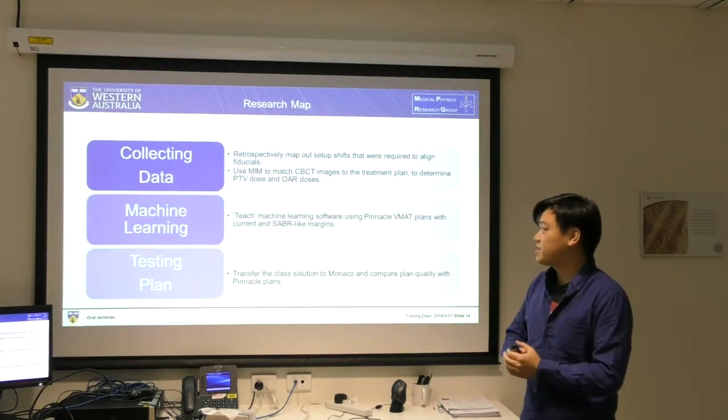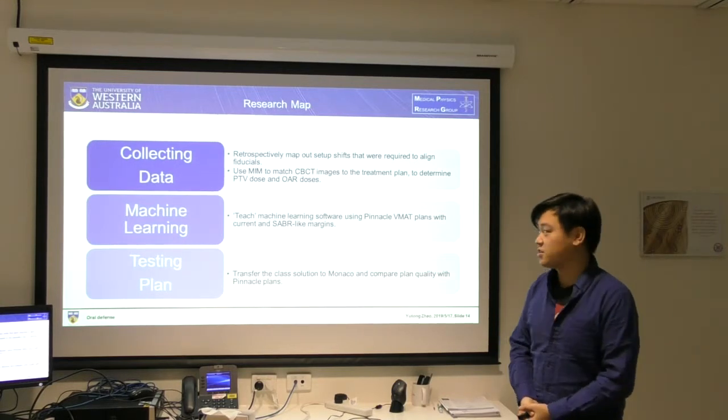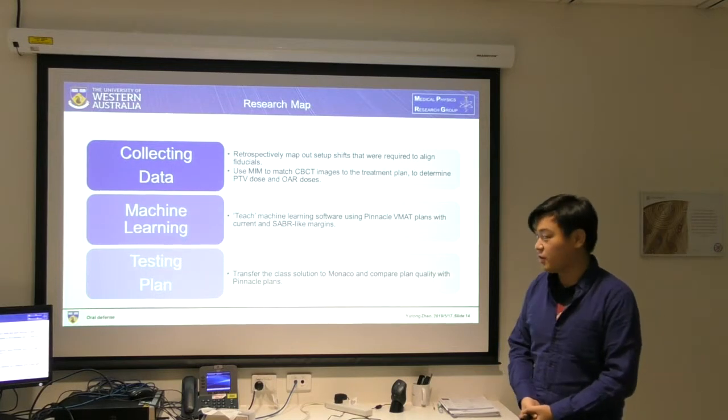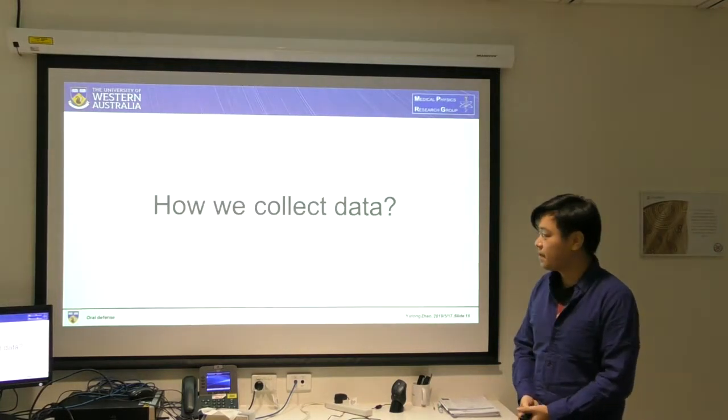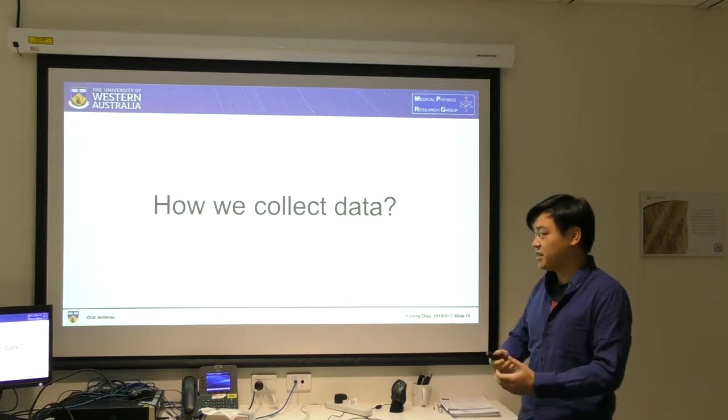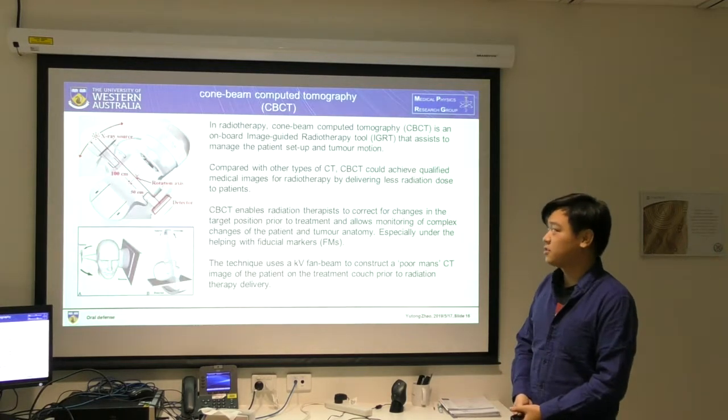Okay, the research map. This research will be divided into 3 parts. The first one is called collecting data, the second one is called machine learning, and the third one is called testing the plan. So how do we collect data? It's a really interesting question, since we need to rely on some fancy technique which is called the cone beam